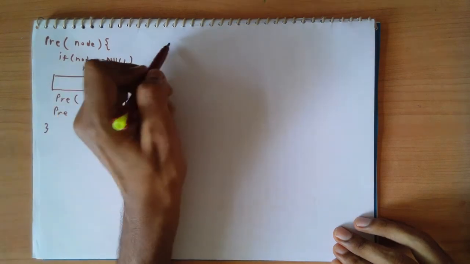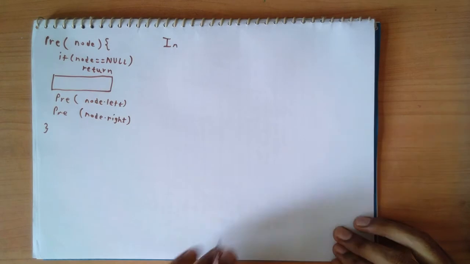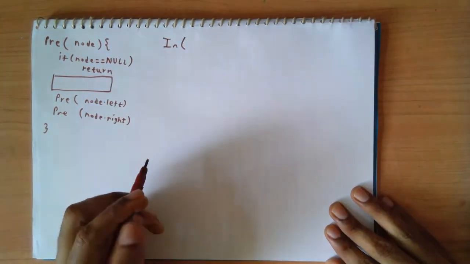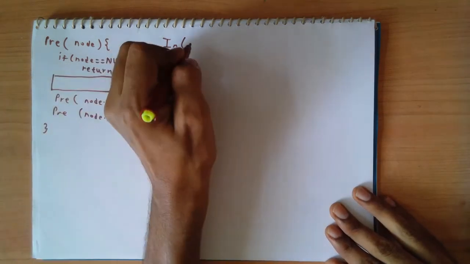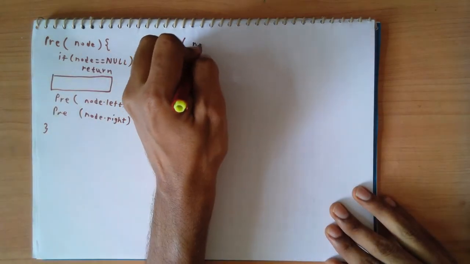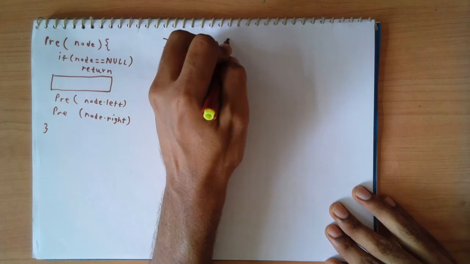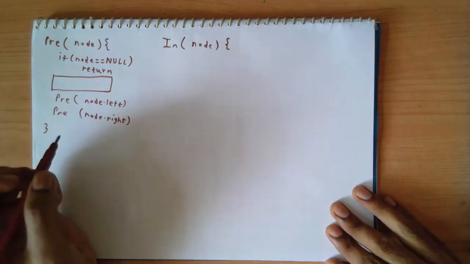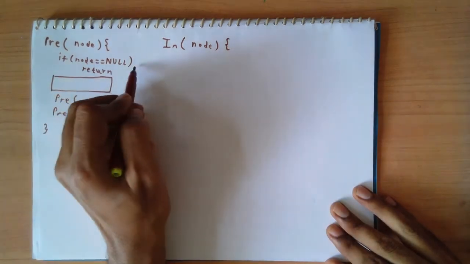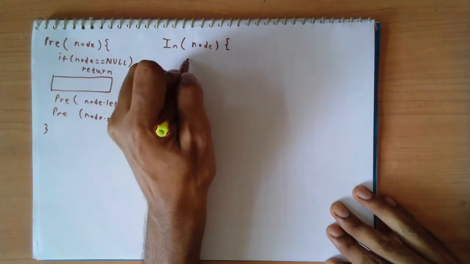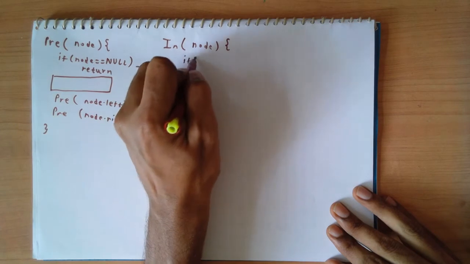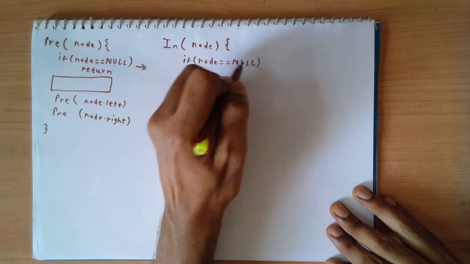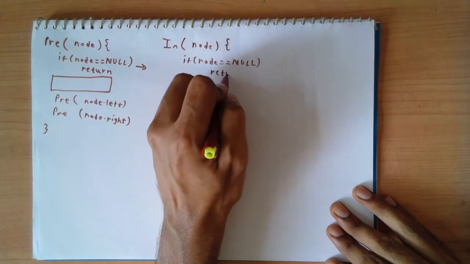Okay. So now we are going to have the in-order traversal, and it would work almost in the same way but a bit different. So we are going to have a node as our input, and then we will of course check if the node is null. If it is null, there is nothing to do. So this logic will be copied. If the node is equal to null, in that case just return.